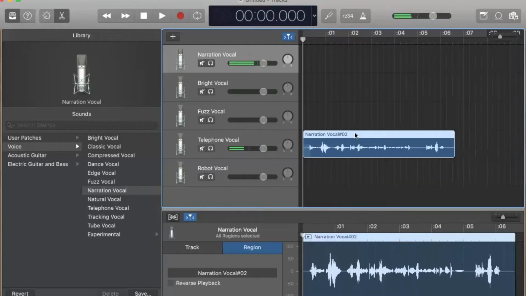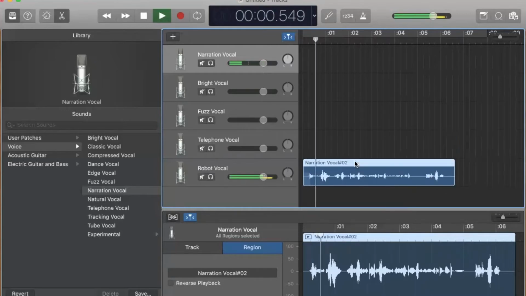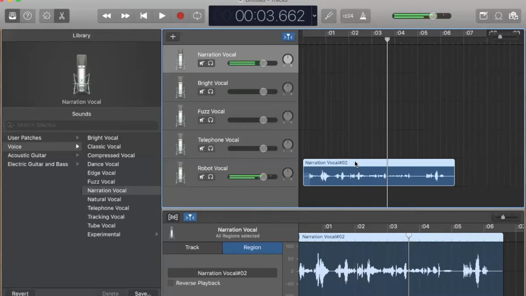Telephone sounds like I'm talking in a big room. And then robot. So all of these are the ones that show up automatically when you open a